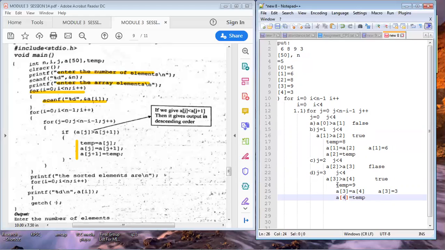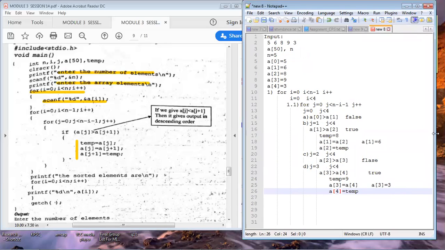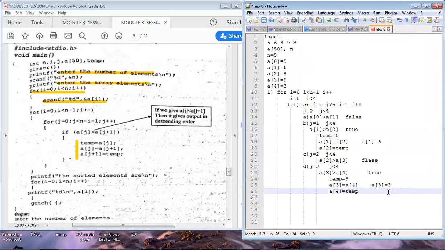Okay, so we are swapping 9 and 3. Now 9 and 3 are swapped, so 3 will come here and 9 will come here.